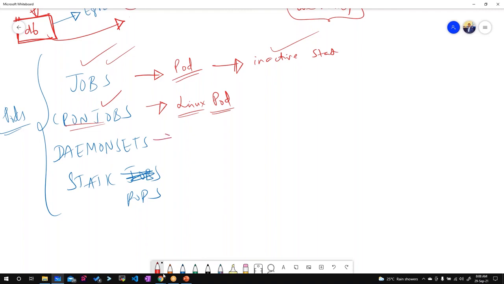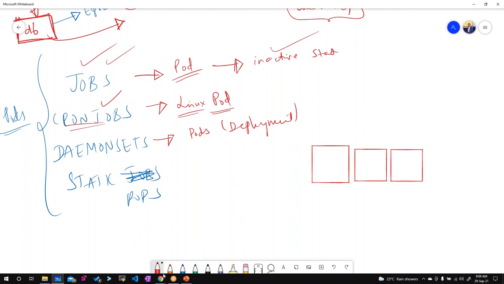Now daemon sets. This is one of the important questions. What is a daemon set? Daemon sets are also pods. Similar to the deployment controller, they also maintain certain replicas. But here, let's say there are 3 nodes. For these 3 nodes, I need a monitoring agent. When I say agent, it has to run on all the nodes, right? A monitoring agent or logging agent.